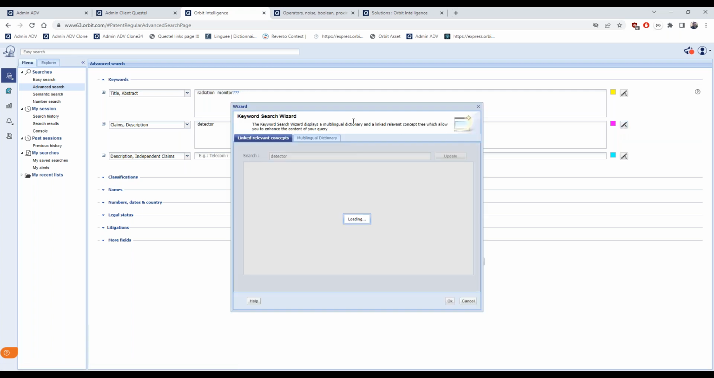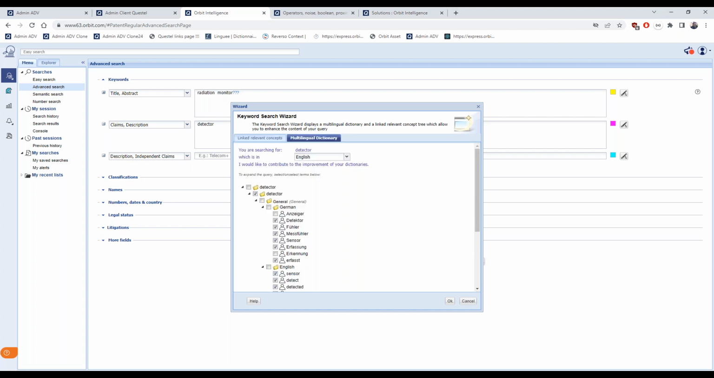Clicking on the magic stick, it will open this window, the wizard window, with two tabs. One is the relevant concepts that is now loading because it's extracting all concepts that can be similar or related to detector. And let's see maybe the multilingual dictionary. The multilingual dictionary is available in three different languages, French, English, and German. So it could help you adding